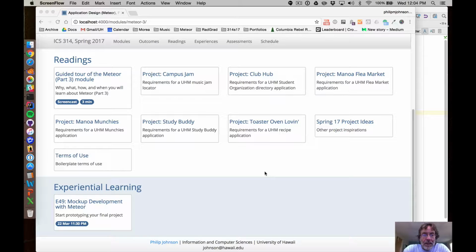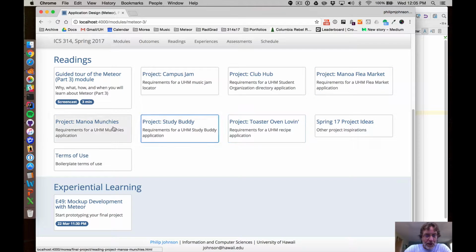To help you get started, we could really spend the entire rest of the semester having you generate requirements and do feasibility studies and so forth. But so that you can delve into the coding basically immediately, I've given you examples of projects that I know from my prior experience are going to be decent projects that solve an interesting problem for the Manoa community. And I've also provided a link here to some projects that you guys came up with last week